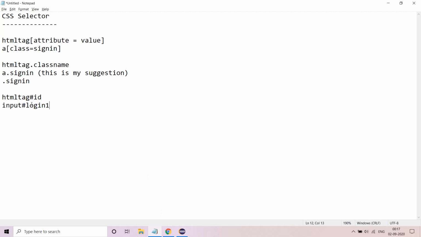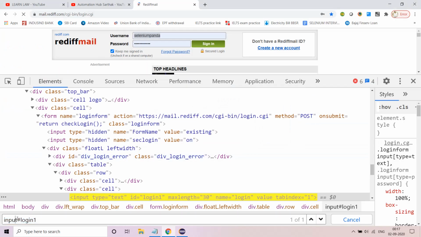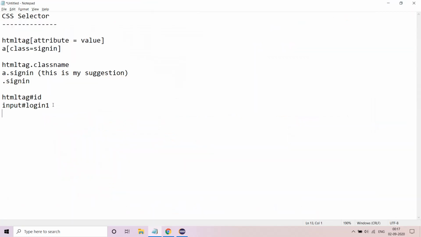And here also you can choose to ignore the HTML tag. You can directly write this hash login1. This one will also work fine, but again I will still suggest that, see, ID is generally more unique in nature compared to class name, but I'll still suggest go with the HTML tag hash, the attribute value, that is the ID attribute value.